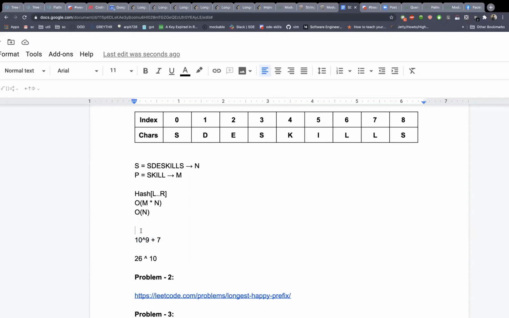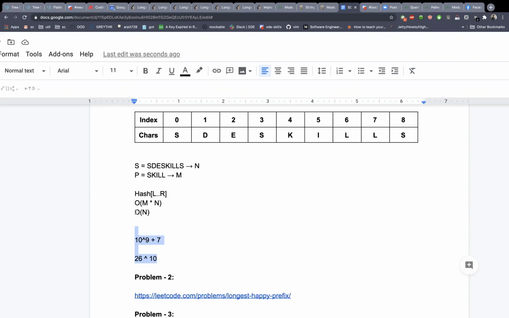So the worst case is still m into n, because you have to check them out. Yeah, so that's theoretical, but for most of the practical cases, the collision happens very, very rarely. So this passes the test cases on almost all the good online judges, with the length of the string being 10 raised to 5 or something.